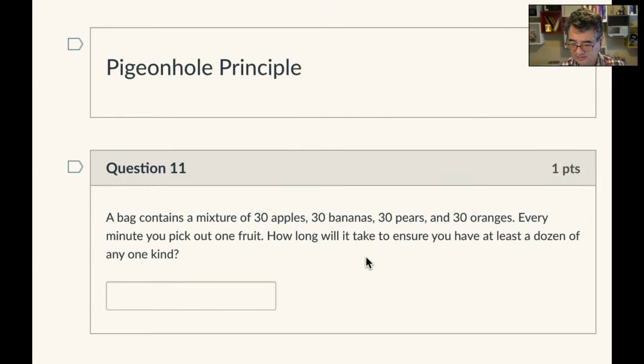So imagine you've got a bag full of fruit. There's a total of 120 fruit in this bag. Every minute you pull out one of the fruit at random. How long will it take you before you are guaranteed, absolutely guaranteed, to have at least a dozen of any one kind? So you could get maximally lucky and pull out an apple, and then another apple, and an apple, and an apple, and an apple, and then finally on that 12th pull, you pull out the 12th apple, and